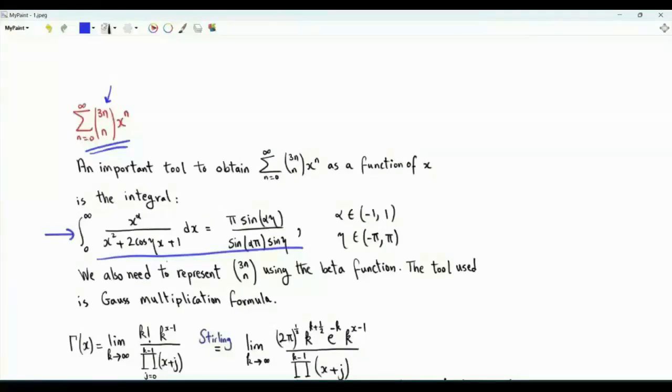To represent the sum using the integral, we also need to represent the binomial coefficient using the beta function. For this, we employ the multiplication formula. Let's derive it. Starting from the limit definition of the gamma function, gamma of x is the limit as k tends